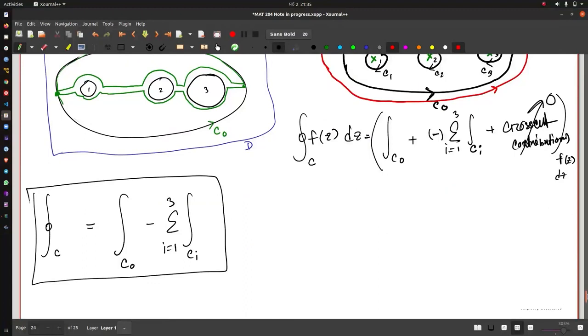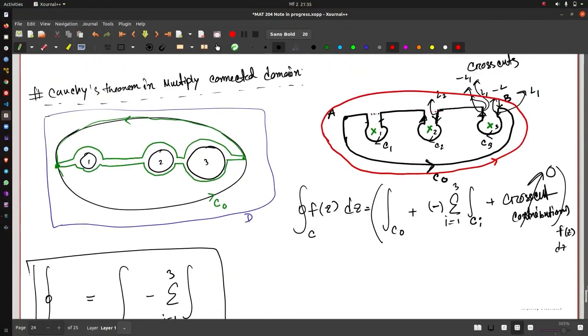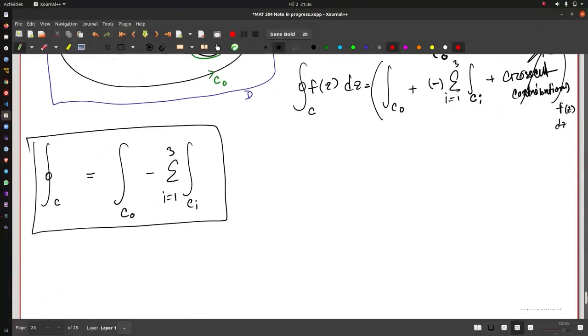So what we need to do right now, we need to take some limits where these gaps vanish. These gaps over here, they vanish. Okay, so if we do that now, then we can see that one contour with the enclosed region bounded by C, that is lying left to C naught and right to our Ci's, form this